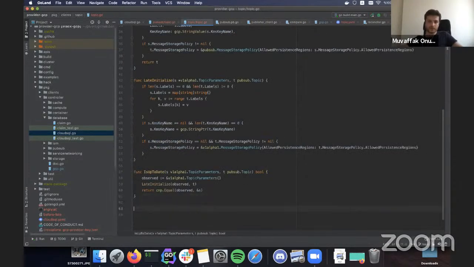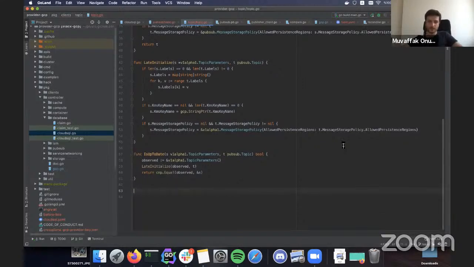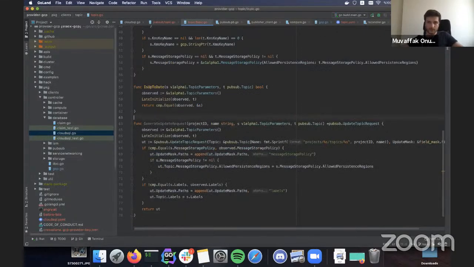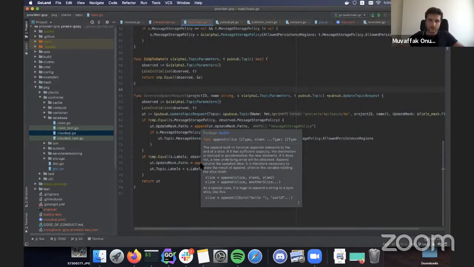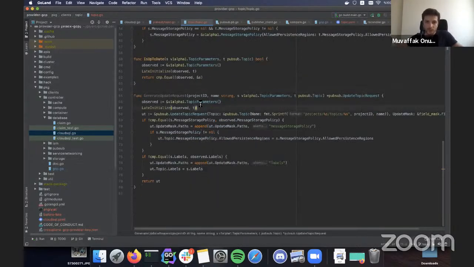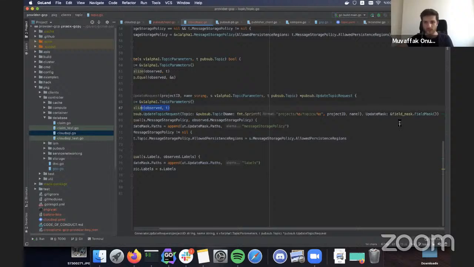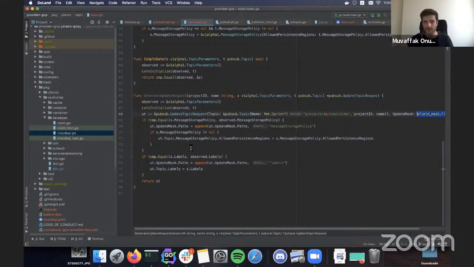Okay, so I've got that implemented before because it's a little bit onerous to write it again, and we have already run out of time for some time now. So I'll just go over it. What happens here is that we again construct our parameters from the observation, and then create the update request with an empty field mask, which means do not update anything, and then we check one by one: is the message storage policy different?